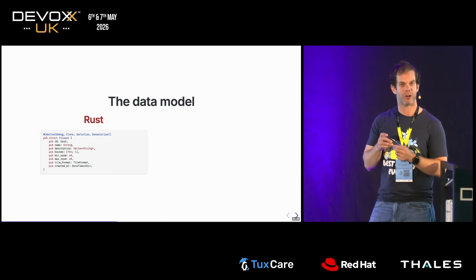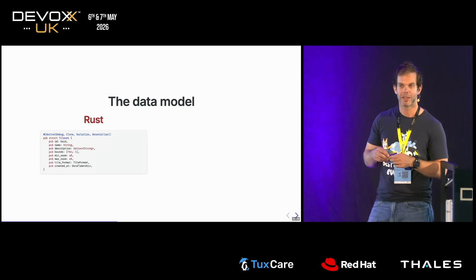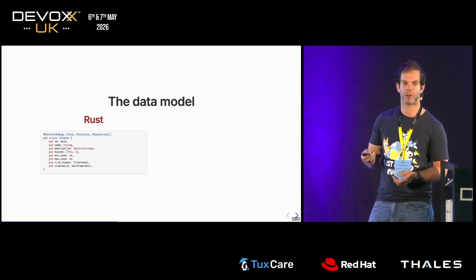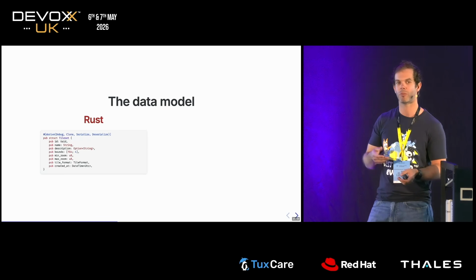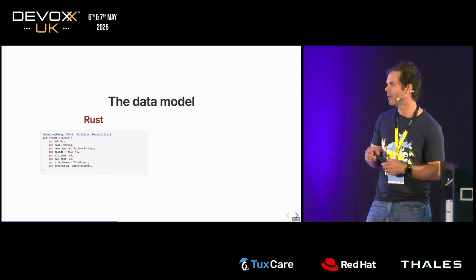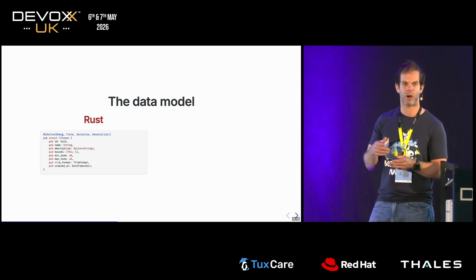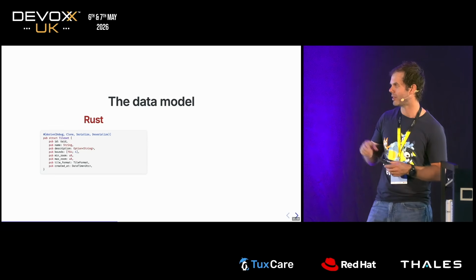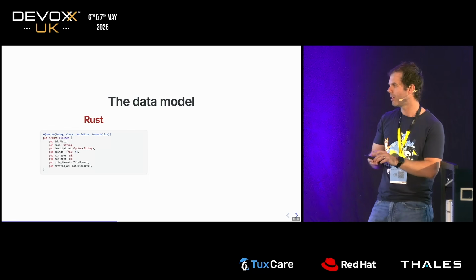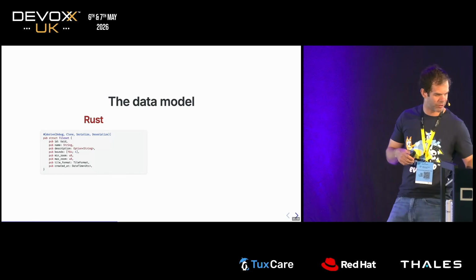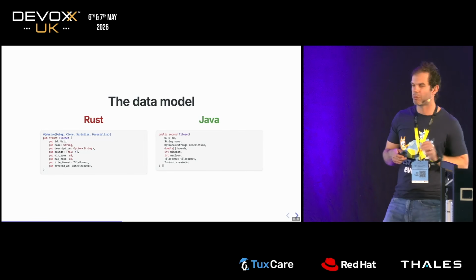Rust also famously does not have null. It never committed the billion-dollar mistake. This is cool because it means that the compiler, again, always forces you to deal with nullability. So whenever you have code that tries to work with that description, you have to handle the null case. This is just how it is. Again, a bit of friction thrown up in your way, but it means that you have more confidence down the road that things are going to work well. There's a couple of other nice things in there. We have a wide swathe of numeric primitives, so you have unsigned 8-bit integers. You have a fixed-length array of floating point 64-bit numbers for the bounding box, but pretty Java-y otherwise, I would say. And if we look at the Java side, we would probably do it with a record